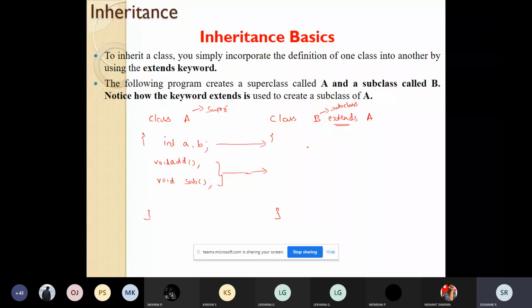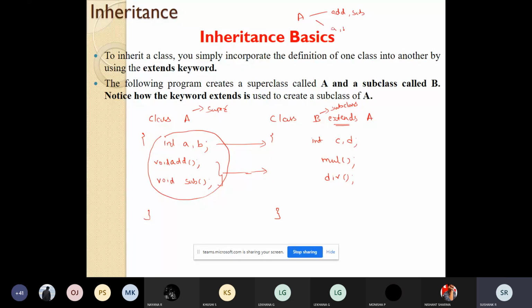In addition to the functionalities of class A, B can have its own variables and its own functions, multiply and division. So now we have two things. Class A has functions add and subtract, and variables a and b.